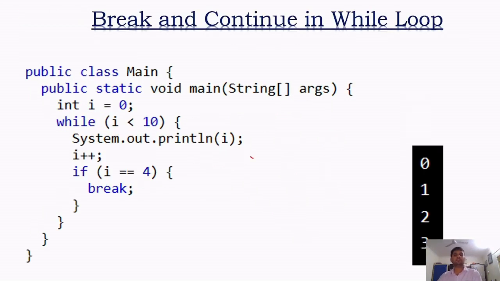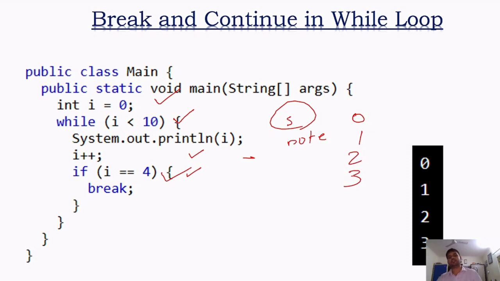Break and continue in while loop. So int i is equal to 0, while i less than 10, System.out.println(i++), if i is equal to 4 break। तो इसमें हम लोग क्या देखे थे कि पहले एग्जीक्यूशन हो जाता है, फिर उसके बाद कंडीशन को नोट किया जाता है। पहले एग्जीक्यूशन हो जाएगा, मतलब i is equal to 0 है, i less than 10 है, उसको आइडिया हो गया। उसके बाद जाके वो कंडीशन चेक कर रहा है कि अगर i is equal to 4 तो ब्रेक हो जाना चाहिए, तो प्रिंट क्या हो जाएगा, 0 1 2 3।